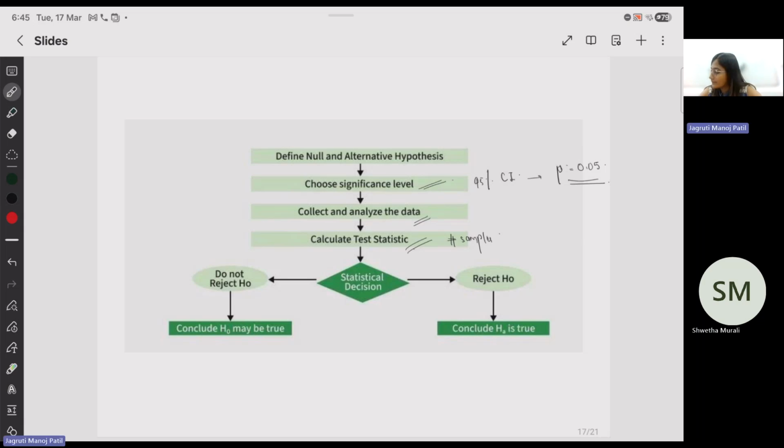So then we need to compute the test statistic, and this test statistic is directly dependent on the number of samples you have. In stats you have a magic number. This magic number comes from a lot of things, like a couple of power analyses behind it, but to this point, it's fine. When you actually go into statistics and learn about biostats, you'll get this idea. So for now, it's fine. This magic number is 30.